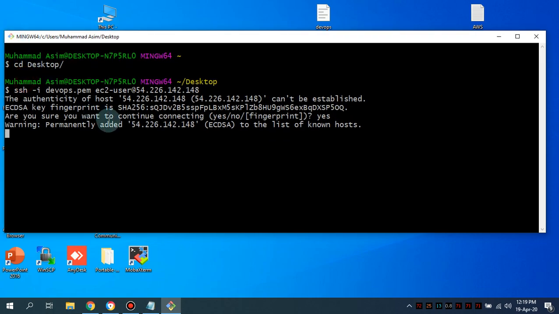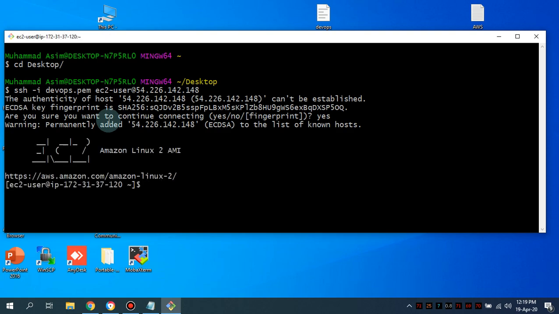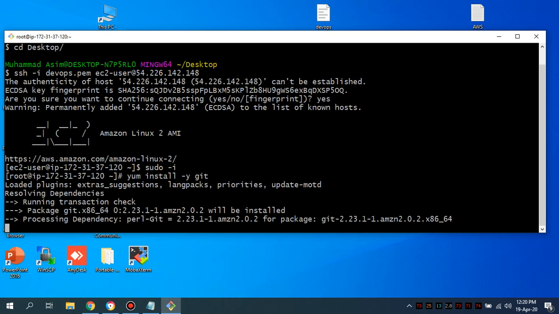Okay, so once I've logged in, you have to use the same command. I mean, so be root. So this is the demo, so that's why I choose to be root, and I want to install, yum install -y git. By installing Git,